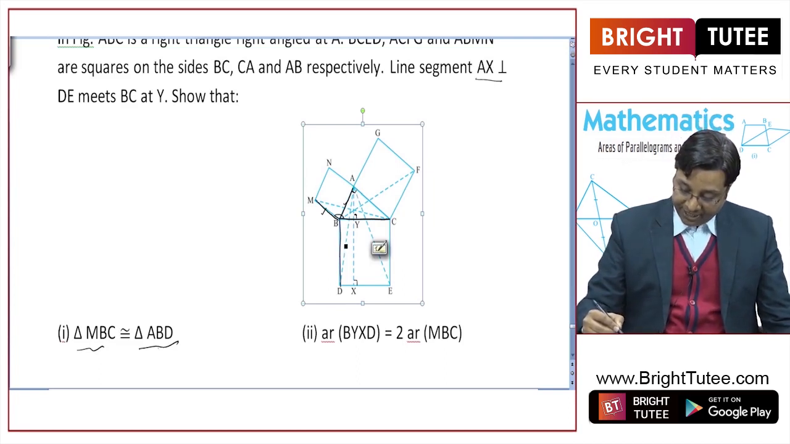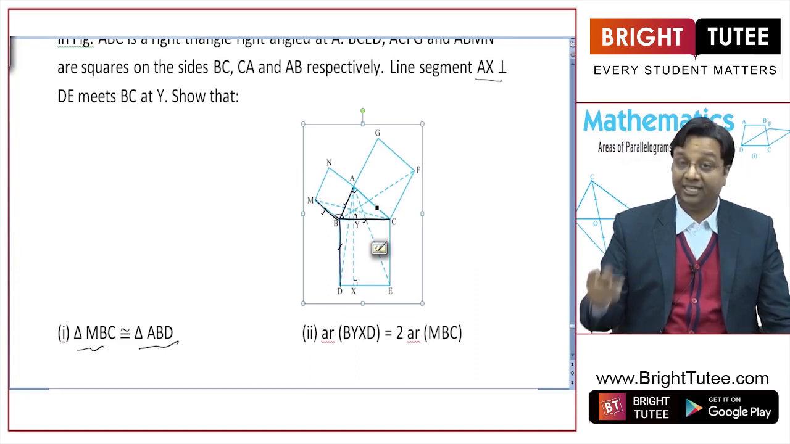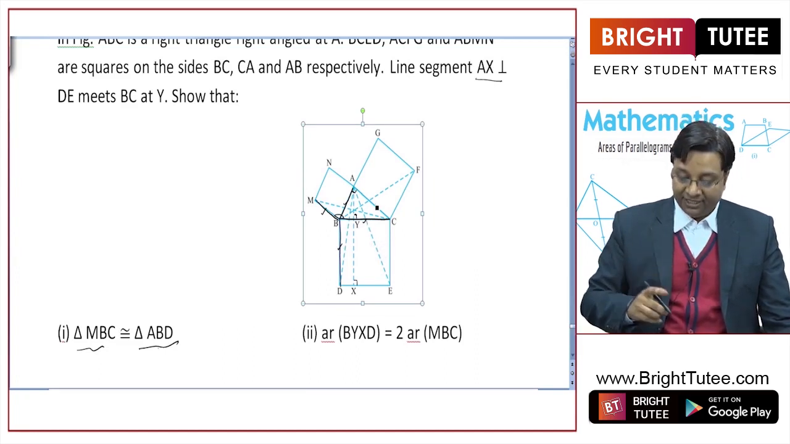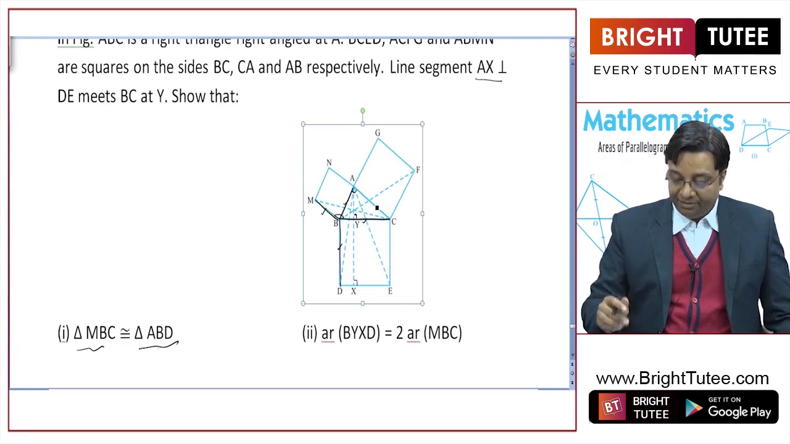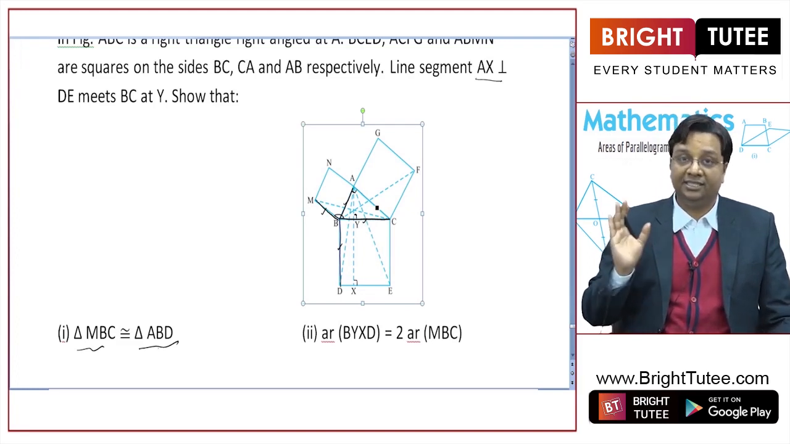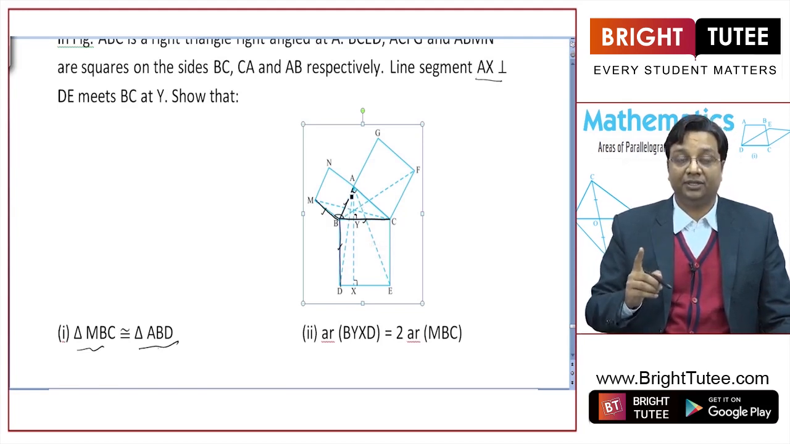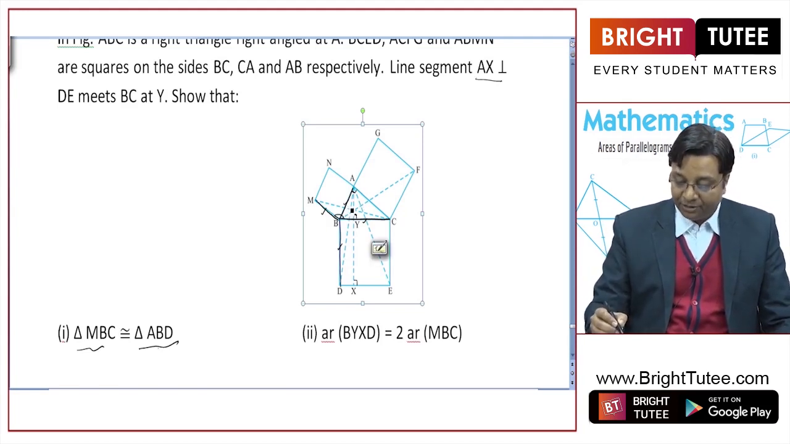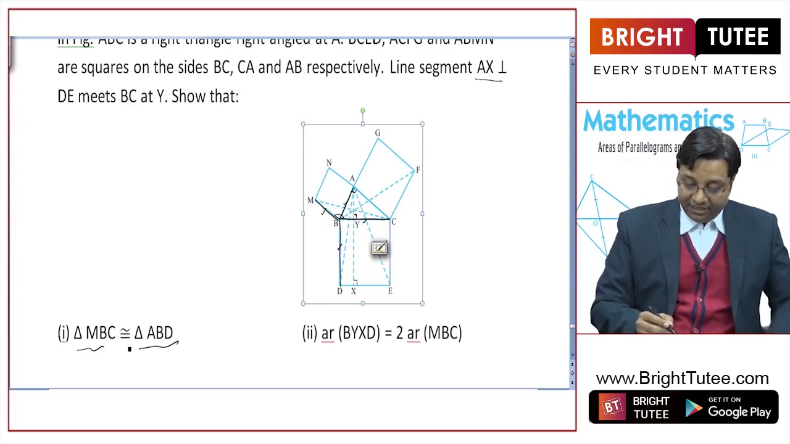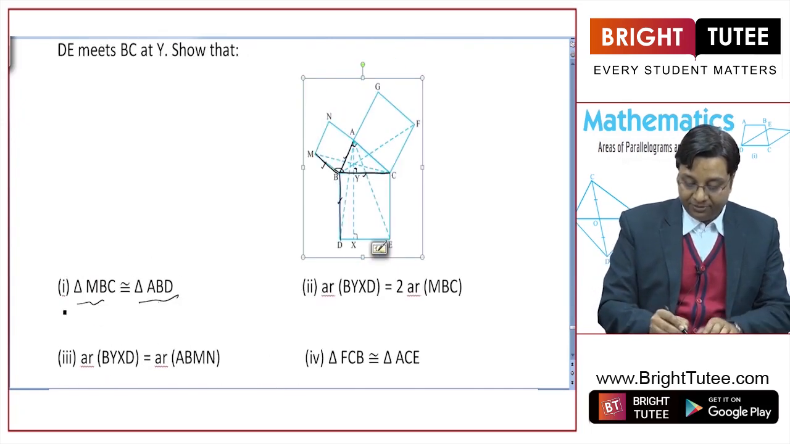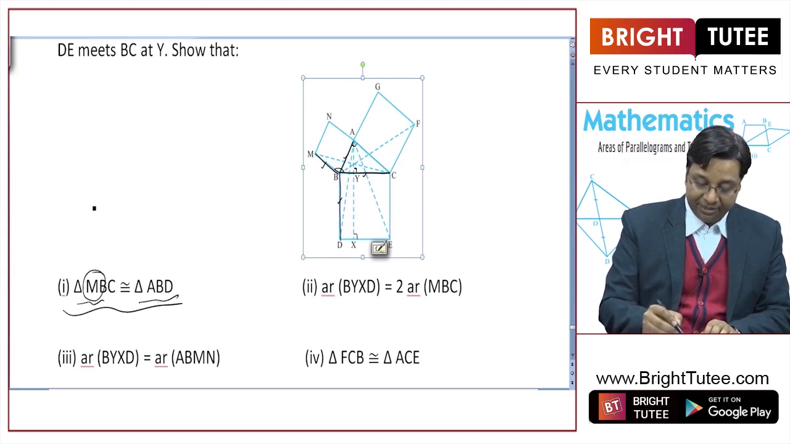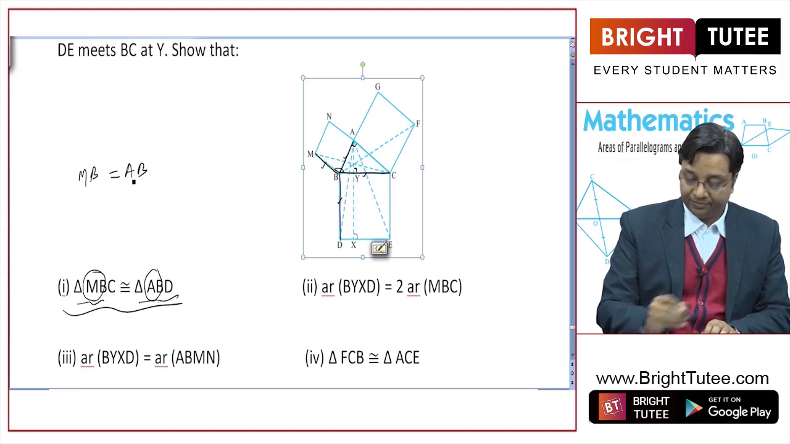Similarly, BD and BC are sides of the same square, hence these are equal. Similarly, MB and AB are sides of the same square, hence these are equal. And what about the angle between them? First of all, for this congruency, let me write MB is equal to AB because squares' sides,